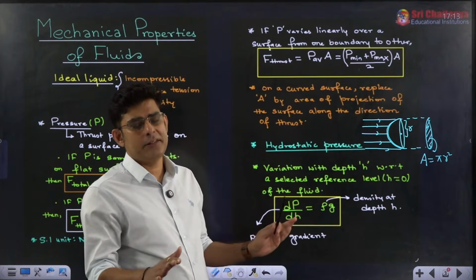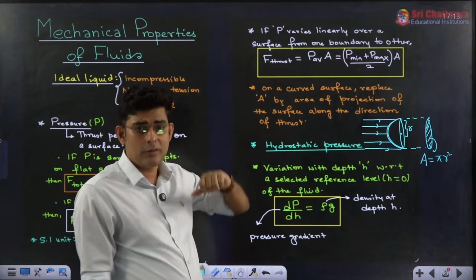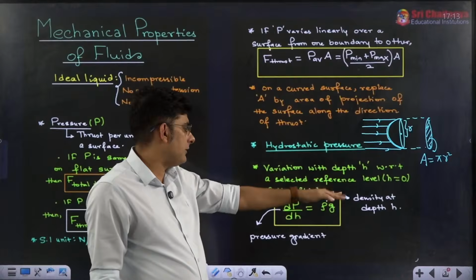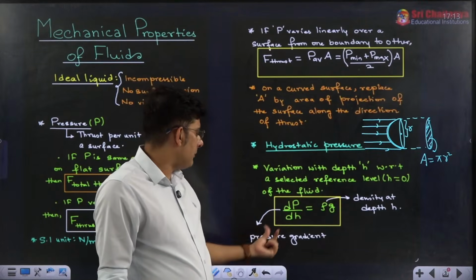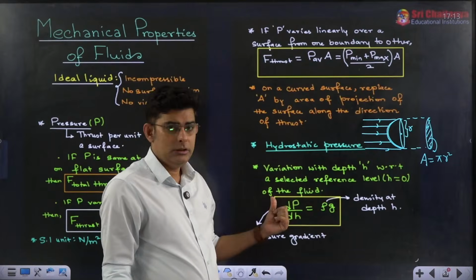Suppose you take any reference level, it is as per your wish. You can take the top surface also as a reference. If you take any reference level and you go to a depth h, then the pressure gradient, that is dP by dH, it is given by rho g, where rho is the